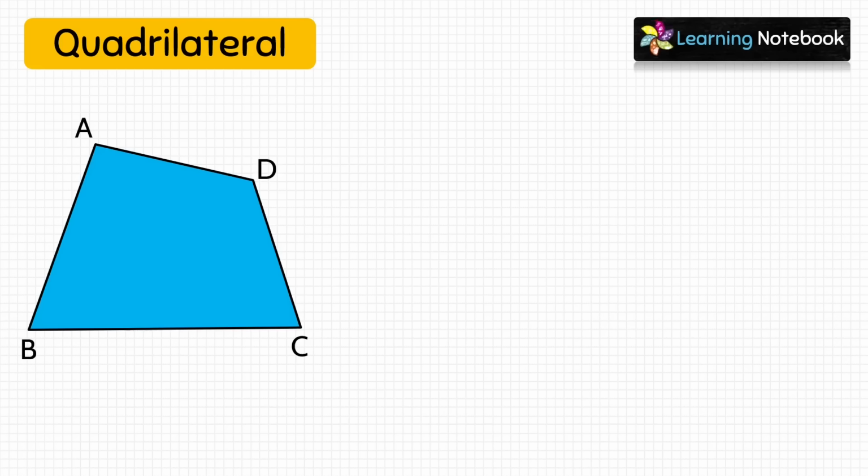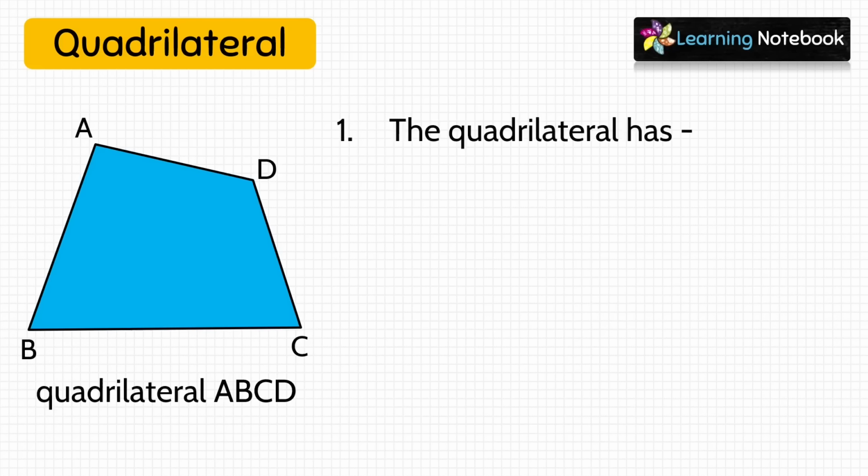Like here, ABCD is a quadrilateral because it is formed by 4 line segments. Next, a quadrilateral has how many sides? Yes, 4 sides. Look here,